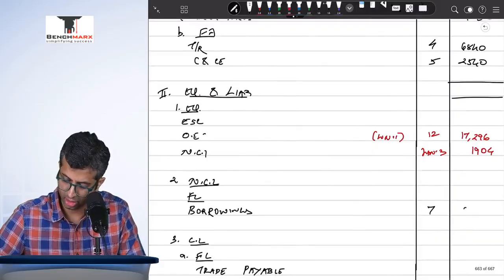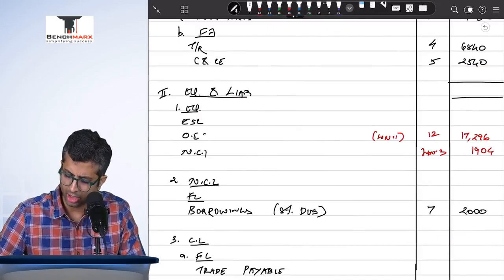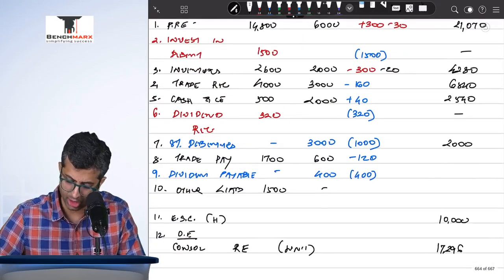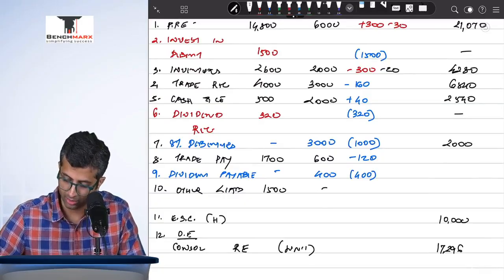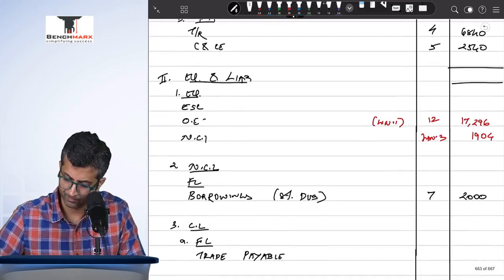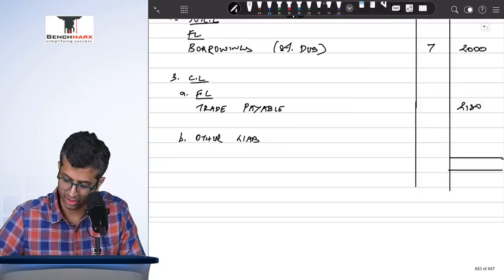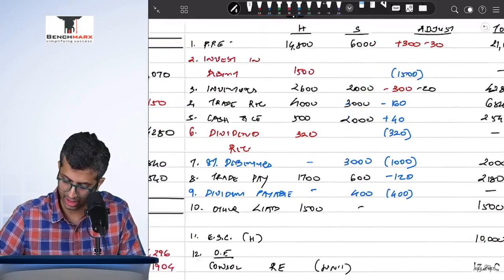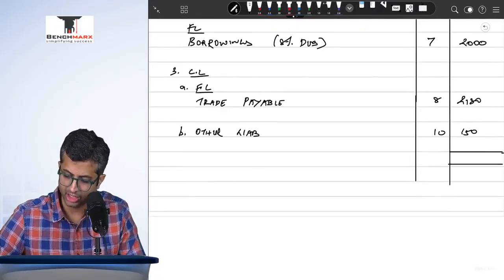This is 2000. This is 8% debentures. You will have trade payables worth 1700 and 600 minus 120 comes to 2180. On my trade payables, my dividend payable gets knocked off, and my other liabilities continue to appear at 1500. So this is, let us say, 8 and 10, and then in note number 11,